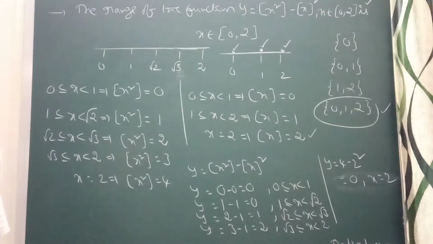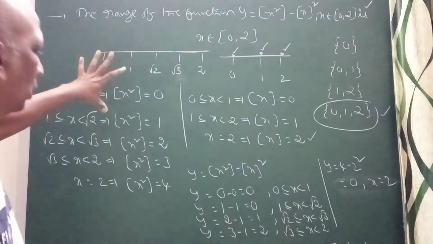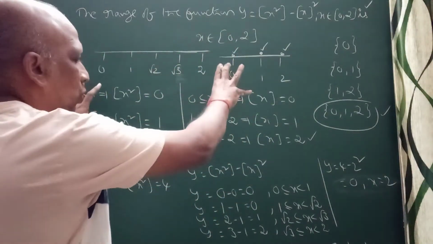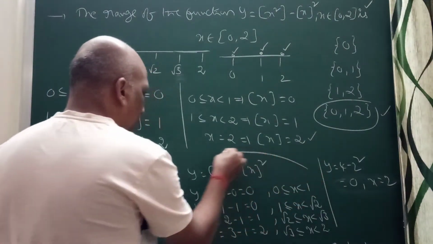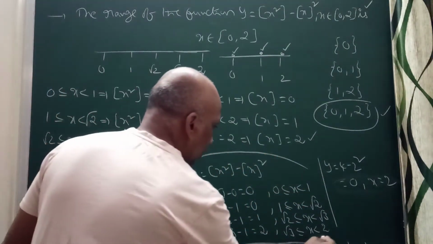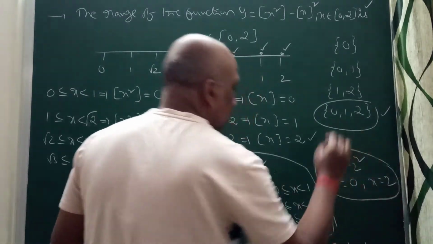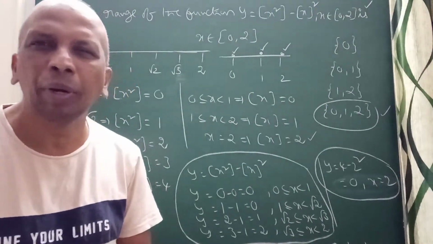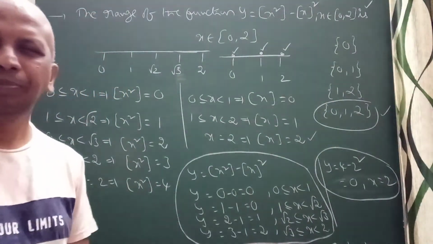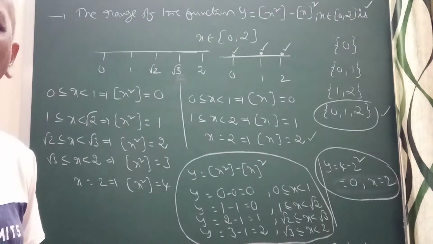So I try to understand here. Only to understand I have done this much separately. Otherwise, once you have understood this, directly you can do only this part, that is enough. This and this will be enough to decide your answer. Your answer is the set {0, 1, 2}. That will be enough. Now I will explain the next problem.